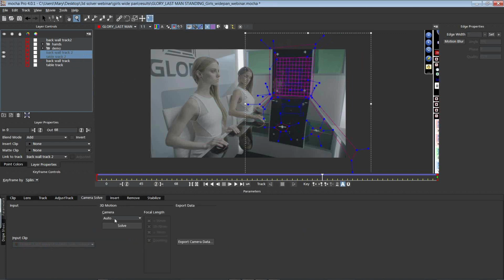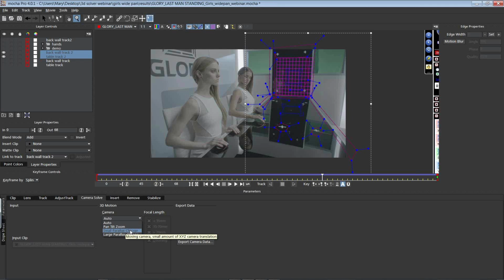I'm going to go to my camera solve, and inside of my camera solver, this is really easy. We've made this so even if you're not a match mover, you can use this. So pan, tilt, zoom: you have to decide what kind of camera this is. Pan, tilt, zoom is a camera that is on a tripod that's either panning, tilting, or zooming. Okay. Small parallax change is a camera that's moving in Z space. It doesn't matter if it's on a gimbal or